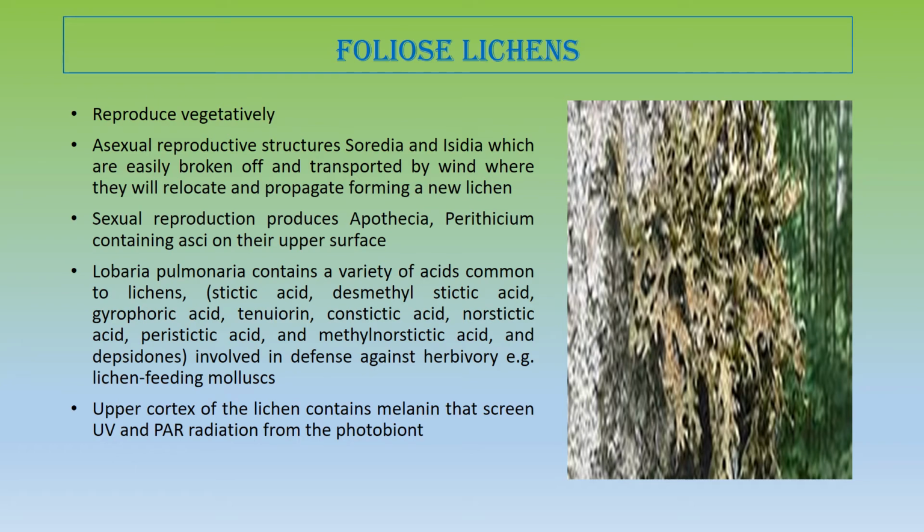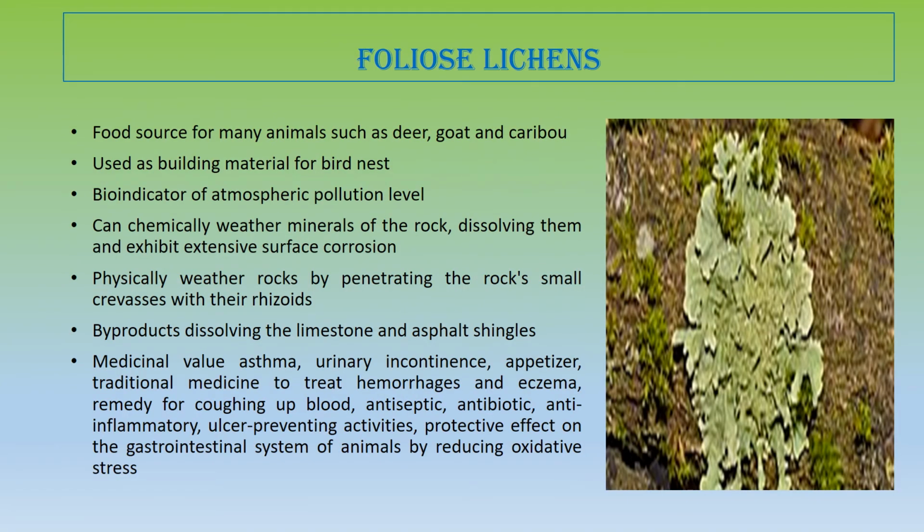The one important thing is that the upper cortex of the foliose lichen produces certain types of acids which act as a sunscreen, and this property is used to produce cosmetics also. The foliose lichen is a food source for ungulates like deer, goat, and caribou. This foliose lichen is also used as a building material for certain types of birds' nests. Also, foliose lichen is a good indicator of atmospheric pollution because it can trap a wide variety of pollutants in the air